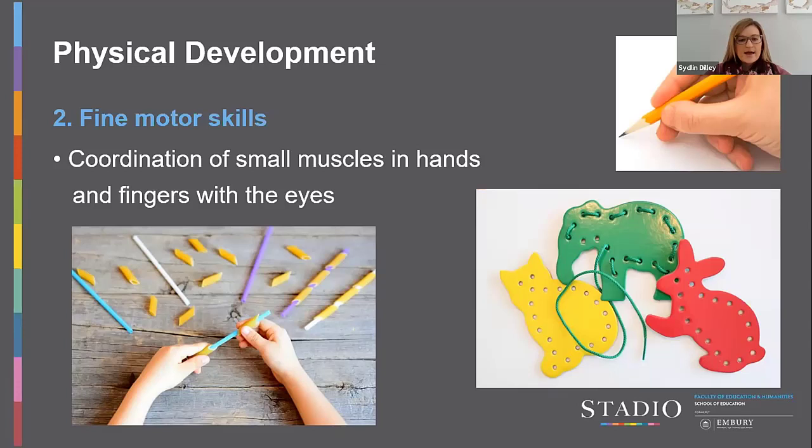So you can see activities here like threading activities where they need to thread in and out of holes, things like, for example, lacing activities or putting noodles onto straws, anything that involves using your hands, sorting, lacing,